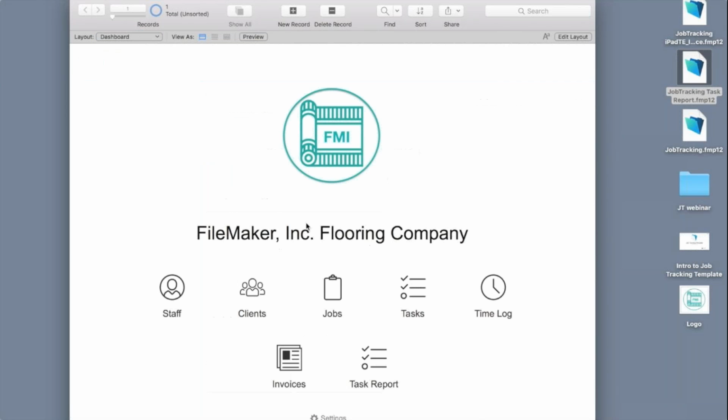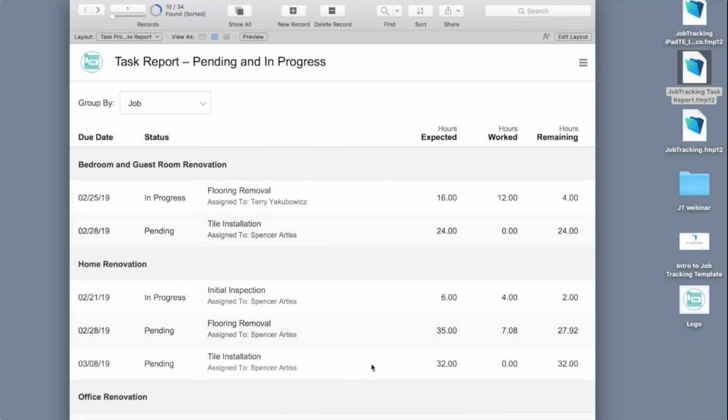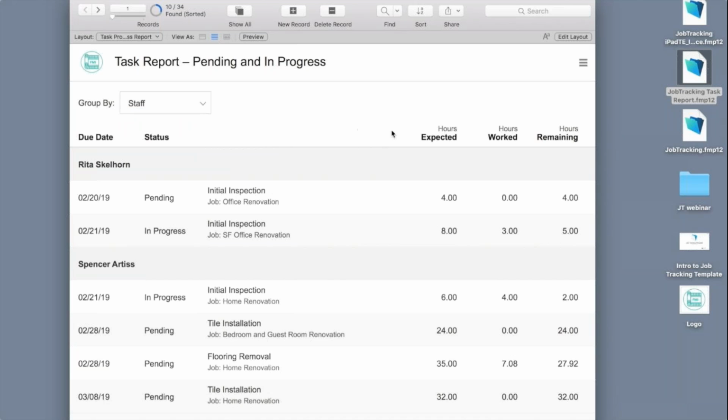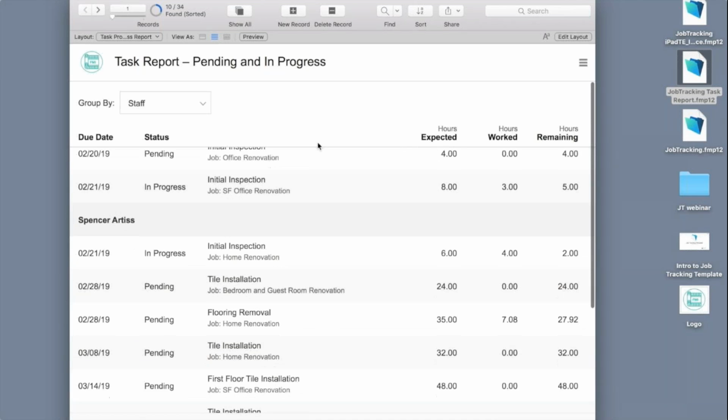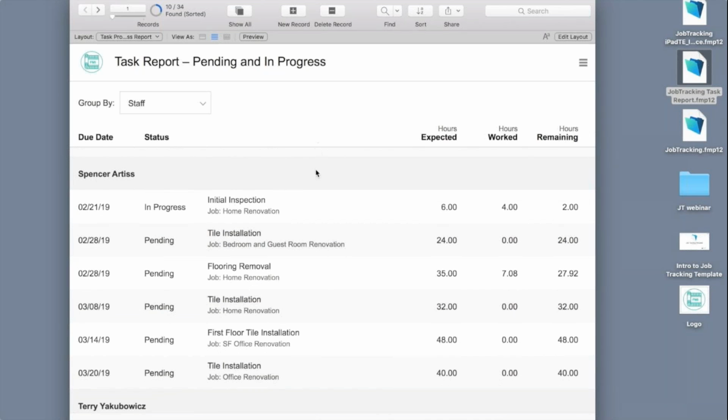So let's jump back to the dashboard, and we'll jump into this task report view, and we can filter by job, or we can filter by staff. Both reports give us hours expected, hours worked. Again, these are based off of the time entries, and then how much we have remaining to hit our estimated goals. Now, in terms of this project for Janet, Spencer was one of our main installers,